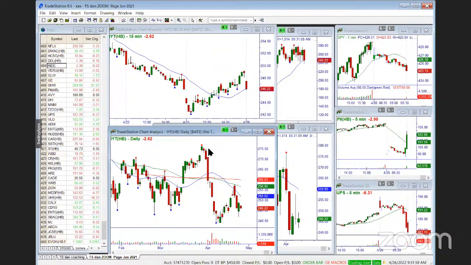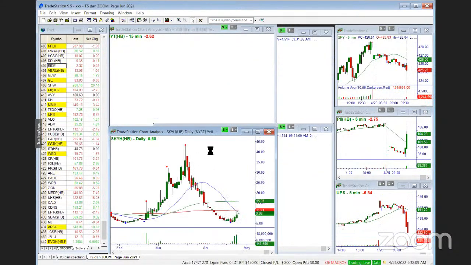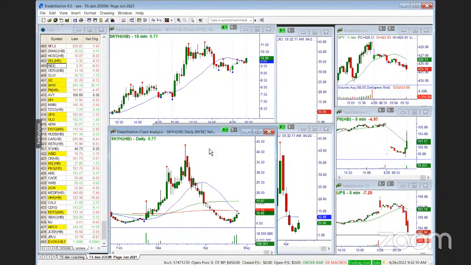Transports here, bearish gap, but nothing to do with them. Greg, our Sky H holding well. This was